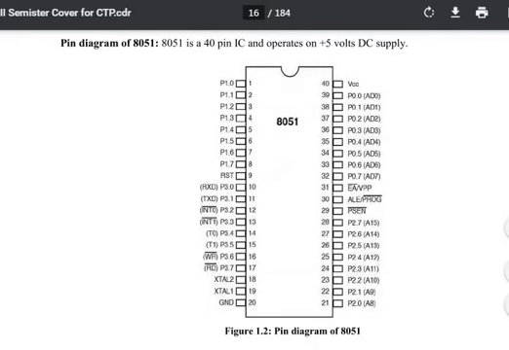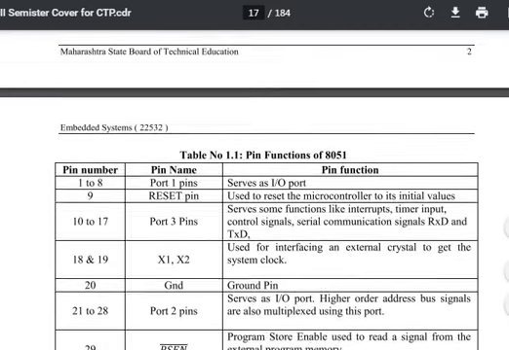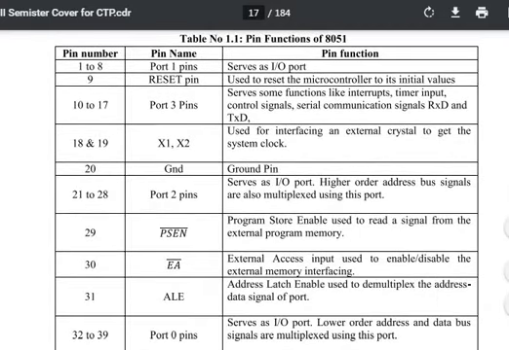Next we see the pin diagram of the 8051 microcontroller. The pin diagram shows the 8051 microcontroller has a total of 40 pins available. Which are the pin functions? We will see one by one. Table 1.1 shows the pin function of the 8051 microcontroller. Pin number 1 to pin number 8 are used as an input and output port. Pin number 9 is the reset pin, used to reset the microcontroller to the initial value,